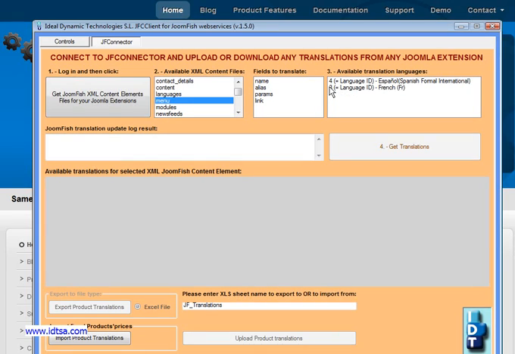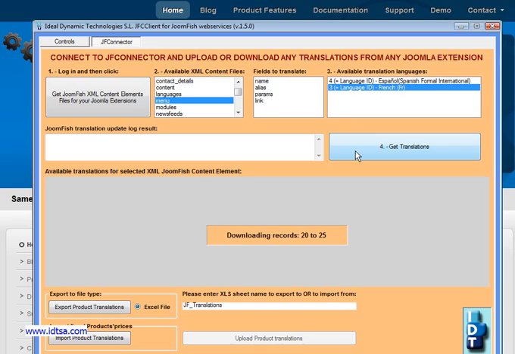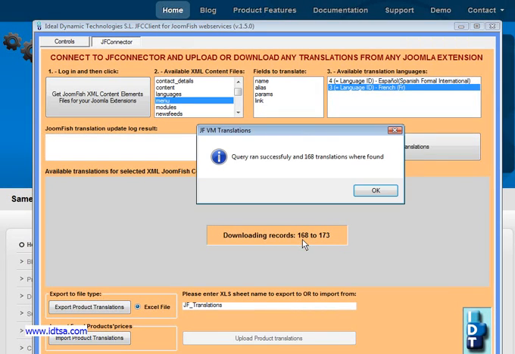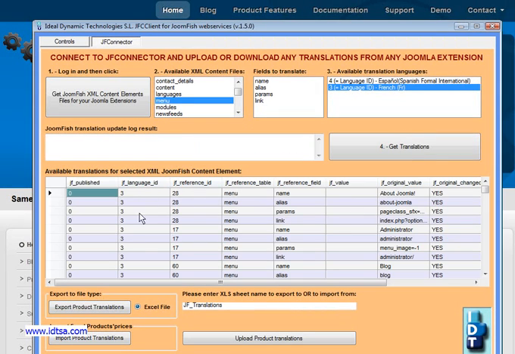For these languages, there is an ID that represents the language, the 3 for French and the 4 for Spanish. We're going to use that a little bit after that. So let's take the French one and click on Get Translations. As you can see, the translations are downloading to your PC from the website. When the translations are downloaded, you get all the translations for all those fields,